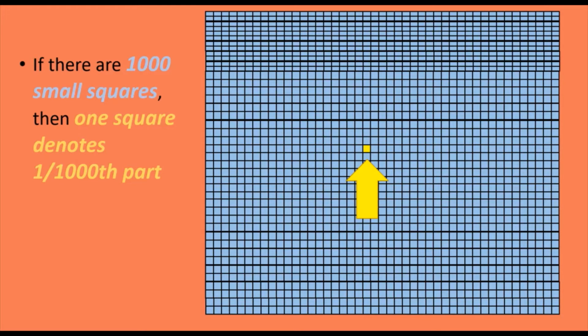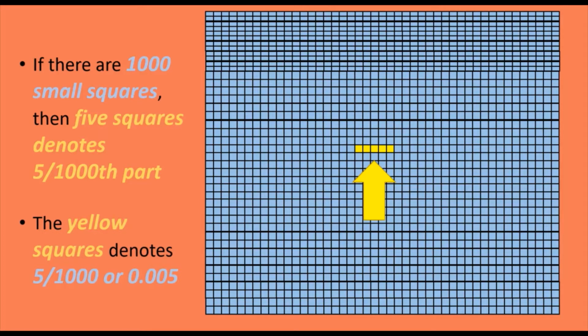Similarly, if we say 5 thousandths, it means 5 squares out of all the 1000 squares, or it indicates 5 divided by 1000. When we represent it in decimal numbers, we write it as